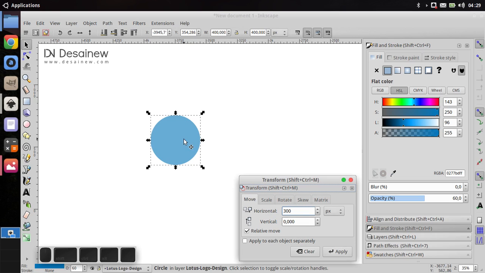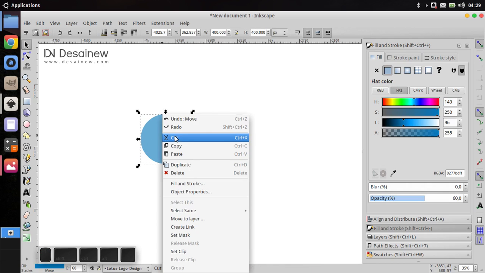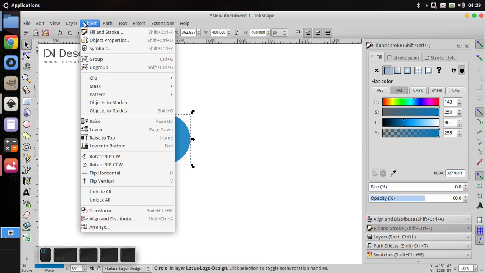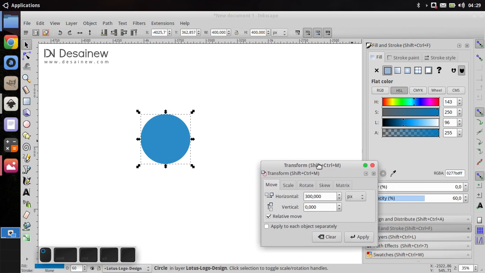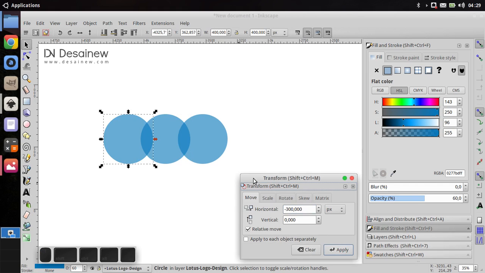Oh, sorry, you must duplicate first and then you can transform. 300 pixels and then click apply. Duplicate this object, and for the horizontal section we fill in minus 300 pixels and then click apply, and you can close this window.